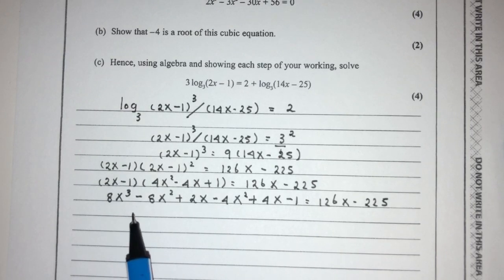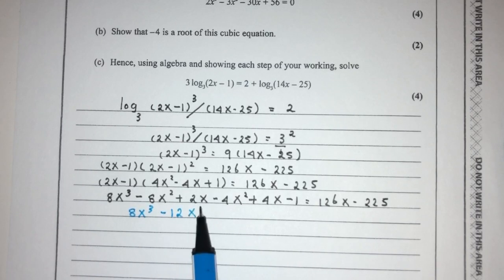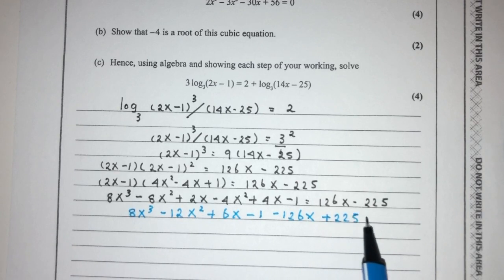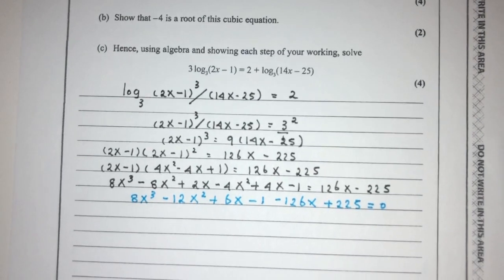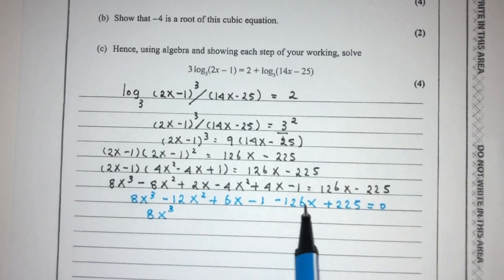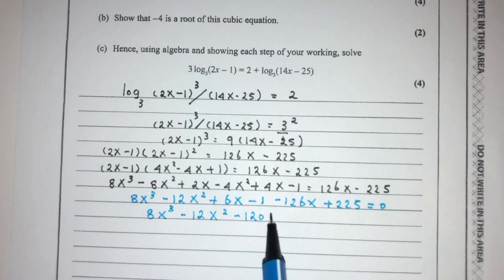This will be the same thing here. That will be 8x cubed. Here we have minus 8 minus 4, that should be minus 12x squared. And here we have plus 6x minus 1. Now send this over here, it becomes minus 126x and plus 225, equals 0. So one by one, 8 is 8 because that's the only term in x cubed. And what happens to this one? This is 12, doesn't change. So here we have plus 6 minus this, that will be minus 120x, and then we have plus 224